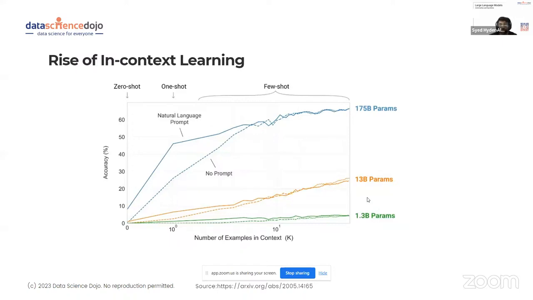If you see in the chart, as the parameters of our large language model grow, you must have heard that GPT-3.5 has 175 billion parameters. Then we had an open source LLM, Llama, which has 7 billion, 13 billion, then 70 billion parameters.